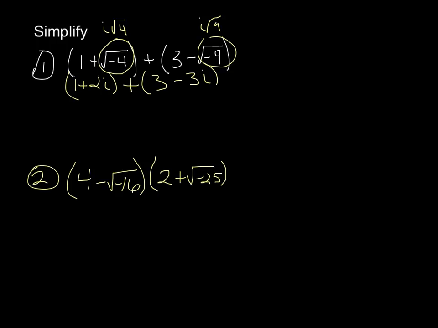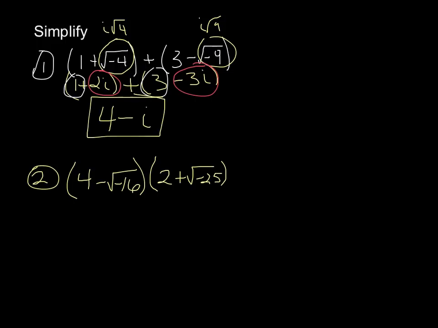And I'm adding, so I'm just combining like terms. I'm adding the 1 and the 3, which gives me a 4. I would add the 2i and the negative 3i, which gives me a minus 1i. And I have 4 minus i. Okay. What about in number 2? In number 2, we've got a product of complex numbers, but again, we've got some radicals that have negatives. So I would rewrite those. This would become minus, the square root of negative 16 would be i, and the square root of 16 is 4, so it's 4 minus 4i,